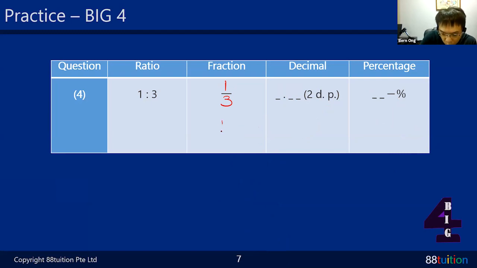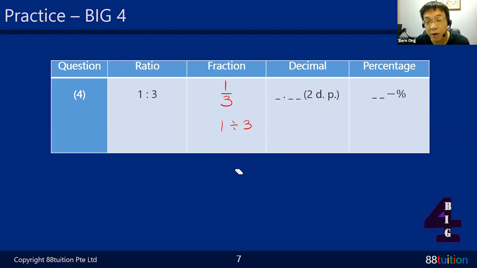1/3 can be written as 1 divided by 3. Many of you have this feeling that the number 3, because it's bigger, must always be inside, and you write it like that. Is this correct? This is wrong. Not every time the big number goes inside. Stop having this type of thinking.